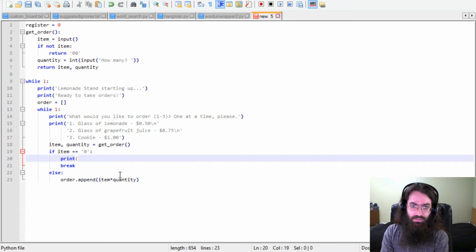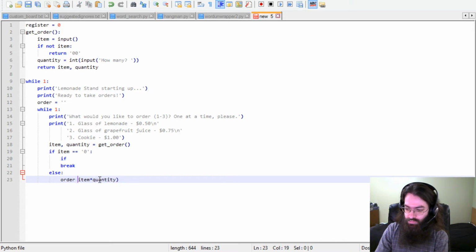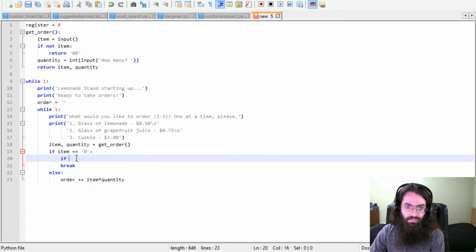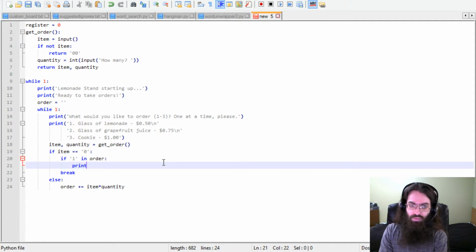Print. Glasses of lemonade. If actually, this doesn't even need to be a list. It can just be a string. Great. If one in order, print who ordered this many glasses of lemonade,